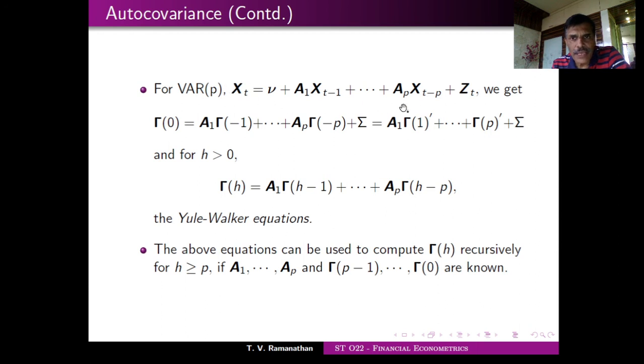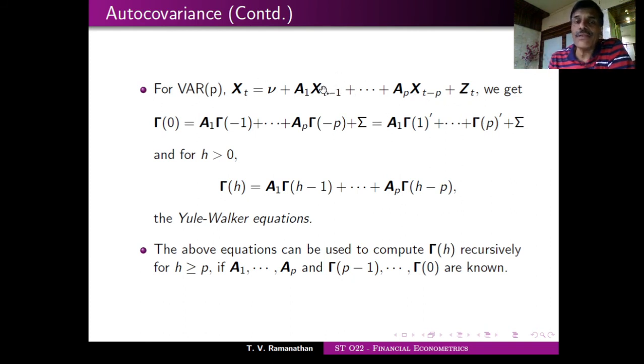So this is my VAR(p), and then you multiply by, of course, there is a problem. I mean, a problem in the sense that once I write a non-zero quantity here, it has got a non-zero mean. So when you compute covariances, you may have to subtract that. But if you take it as 0, then it is very easy. I'll be multiplying with x_t prime there. So I'll have gamma 0 here.